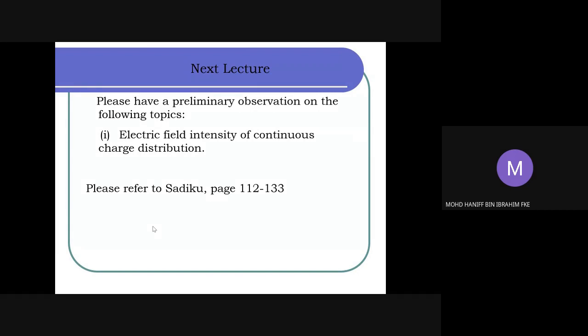Inshallah, next week on Monday, we're going to proceed with the calculation of electric field intensity due to other charge distributions: on a line, due to a surface, and due to a volume charge structure, because those are considered continuous charge distributions. Okay then. Any question before we